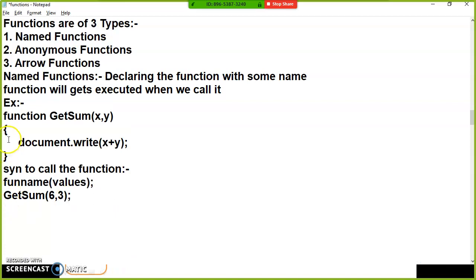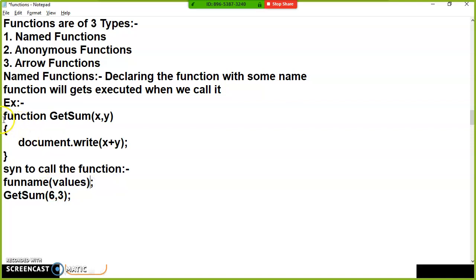So what is the syntax to declare a function? function, function name, and at the time of declaring the function, I am giving some parameters. What is the purpose of the function name? To identify the type of operation we are performing. So getSum, and we are getting the sum of these two parameters. What is the syntax to call the function? Function name, and pass the values.